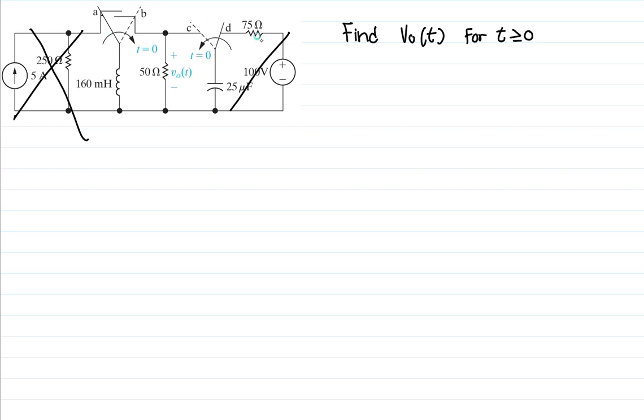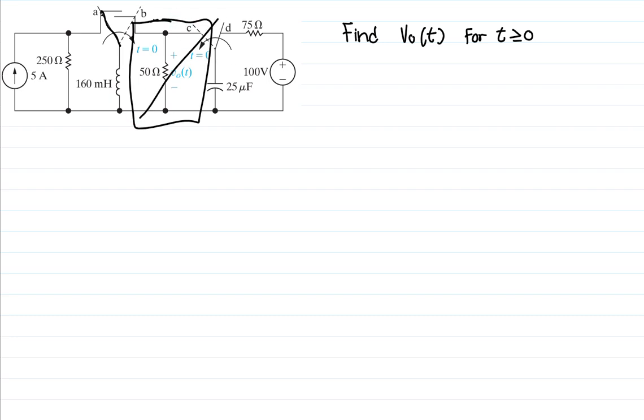So before that, this part of the circuit is being disregarded. We only focus on the circuit and on that circuit. So now that we're looking for the initial inductor current and also the initial capacitor voltage, we are going to disregard this part of the circuit since it's been disconnected to that circuit